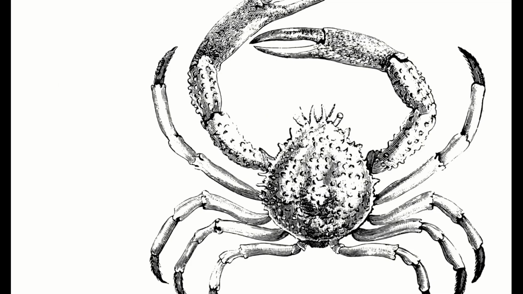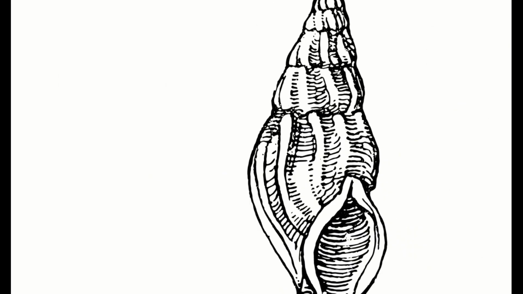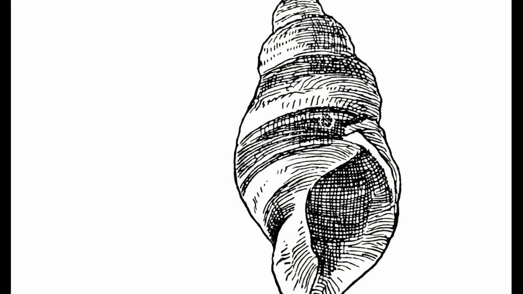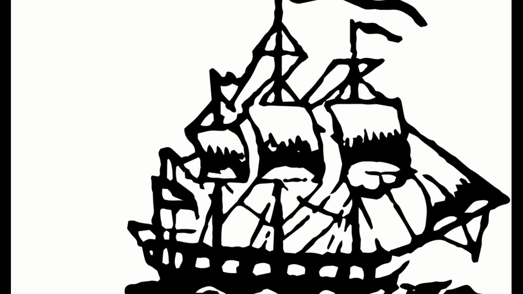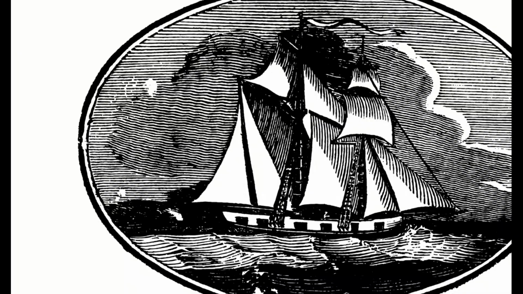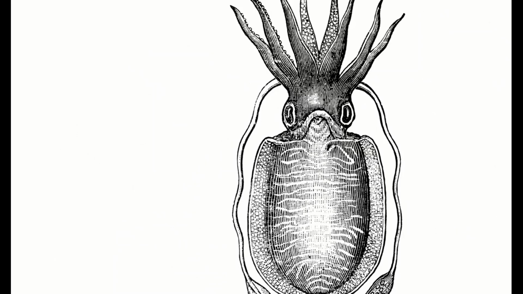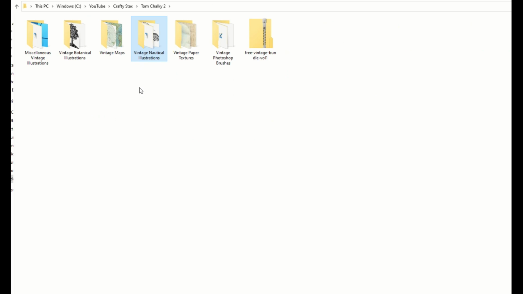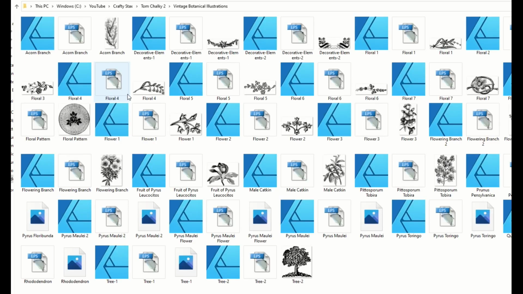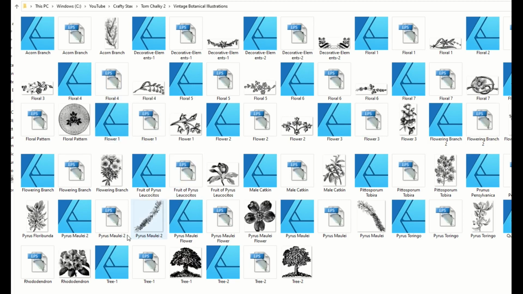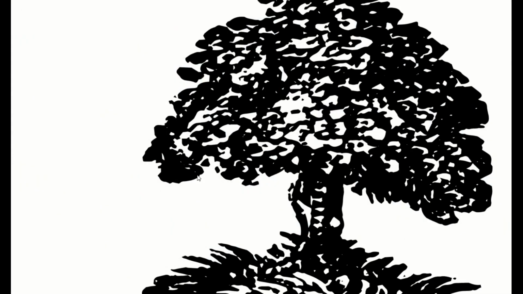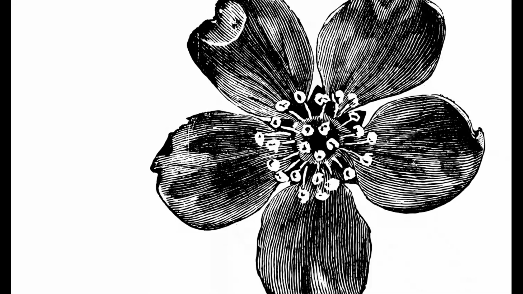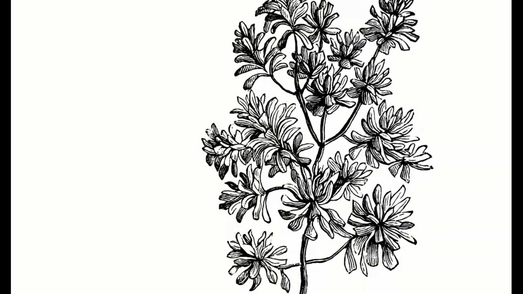And then there's also vintage illustrations as well. And again, these are from public domain. These are scans from books, but they're pretty high quality scans, and you can use them to make all sorts of different designs if you wanted to sell print on demand, for example, or because they're in the public domain, you could pretty much do anything you want with them. Again, these are free downloads that you get as part of this Tom Chalky package. Here's vintage botanical illustrations. So if you like things like trees, flowers, berries, that kind of thing, there's lots available